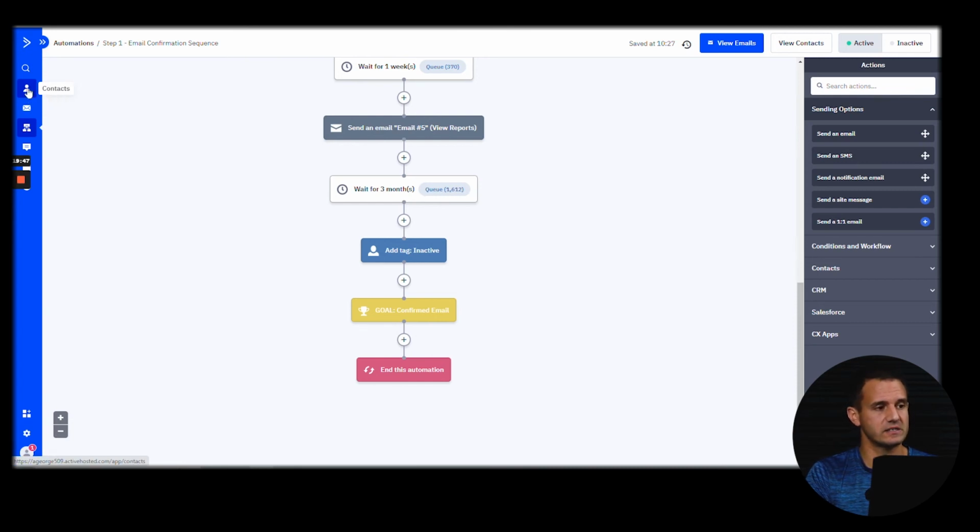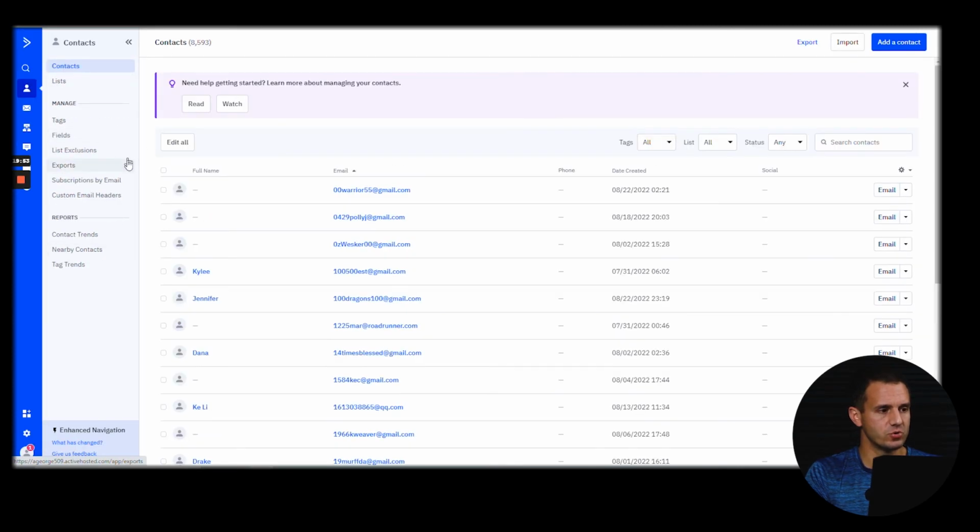You just go to contacts, and you go to, let's see here, list. It's under list cleanup. They've kind of moved things around a little bit.